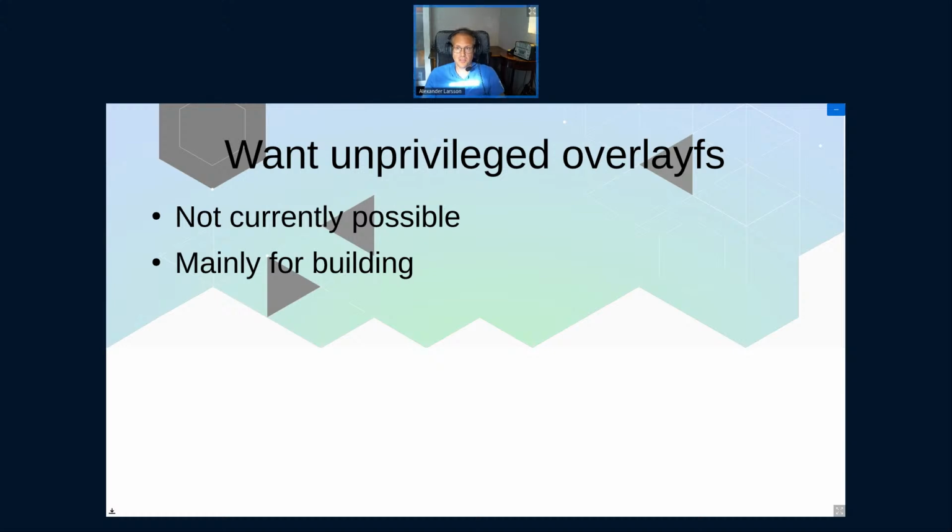Apparently there's security issues. That's always the case, though. I hope someone is working on it, because it seems like it should be possible to do safely, but maybe not. All right, so it seems to be a question of just doing the work. That's always the case, though, but hopefully that happens.